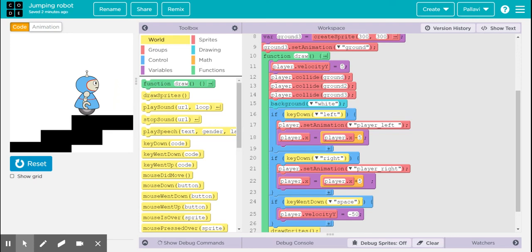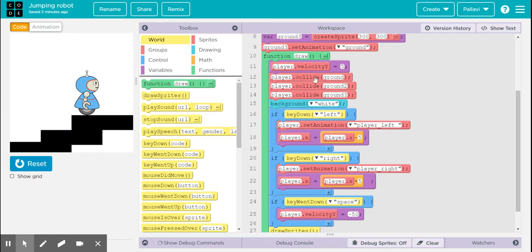So here, when I press the spacebar key, I want the player to jump. So the jump is going to be minus 50, that is in the upward direction. But I want the player to come down as soon as it jumps because of the gravity, and that velocity is 5. Now, when the player comes down, I don't want it to continuously fall down, but stop whenever there is a staircase or whenever there is a ground.